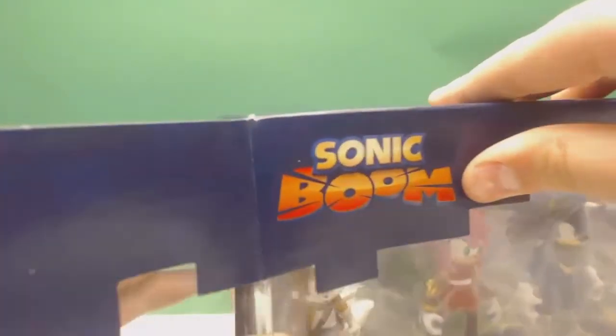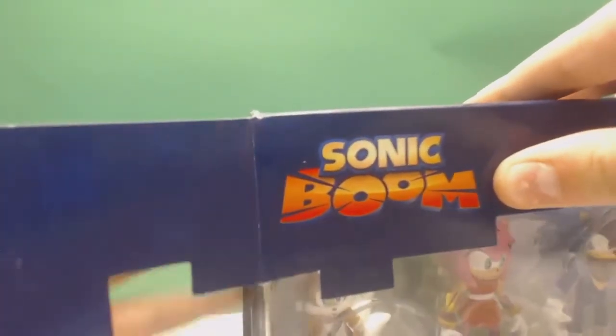So it's a lot simpler to open compared to the original Boom ones. As you can see, there's no tape, so it's easy for you to open. That's actually one flaw for this, is that it has no tape. I mean, someone can steal it. But they use the same design as the Japanese import figures and the 25th anniversary line for these recent packaging, so...